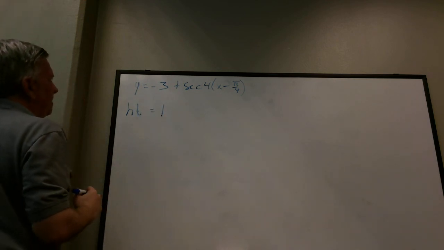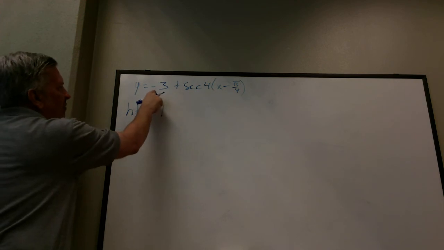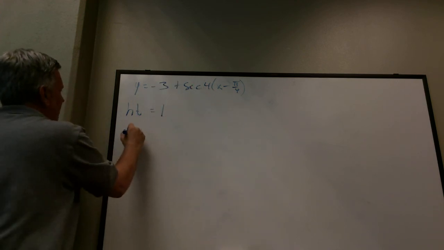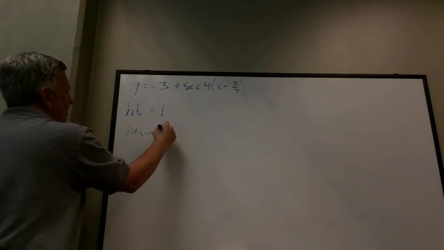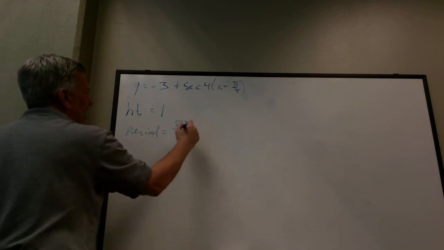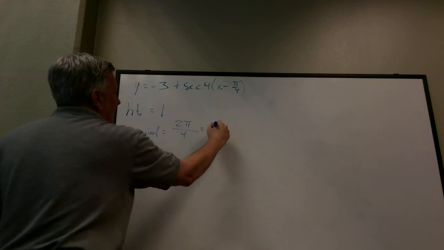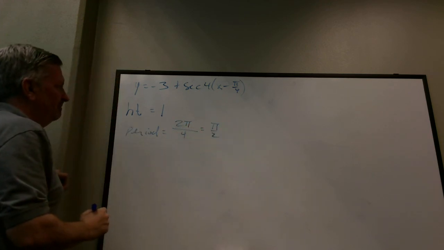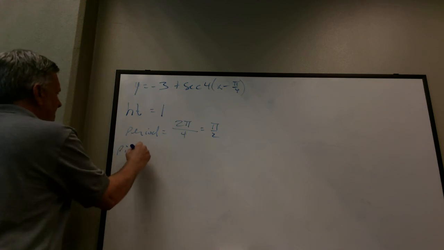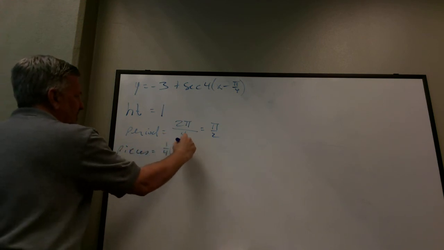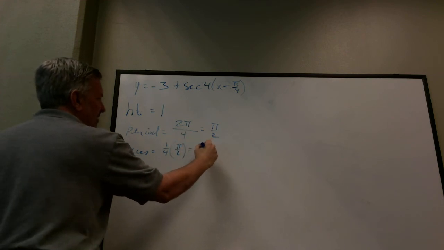Okay, there's no reflection. It's not the number out front, it's the number being multiplied by the trig function. That's positive, so there's no reflection. Now how do we get the period? The period of secant is 2 pi divided by the coefficient of x, which was 4. That simplifies to pi over 2. And then for the pieces, you take 1/4 of the period, because we're using 4 pieces, so that's pi over